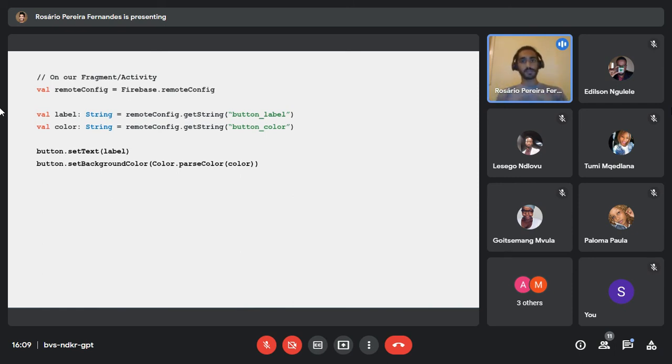Basically, you have some parameters. You can load them from the cloud. You don't need to change them in the code every time that you want to deploy a new change. You can just change on the go, and then the user will instantly get this new value, and that's fine.